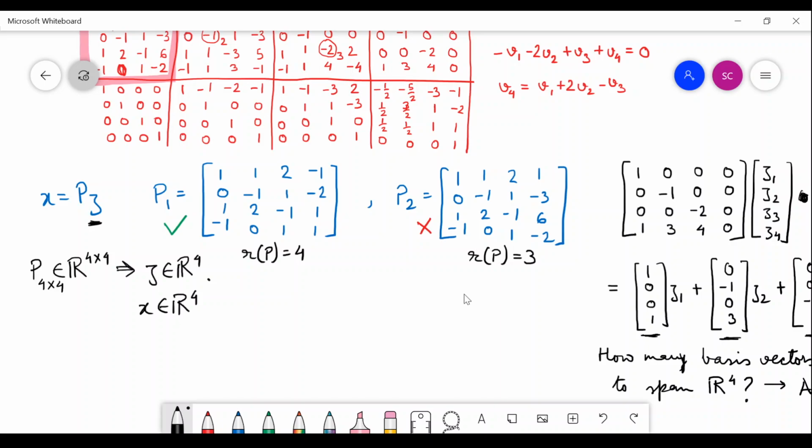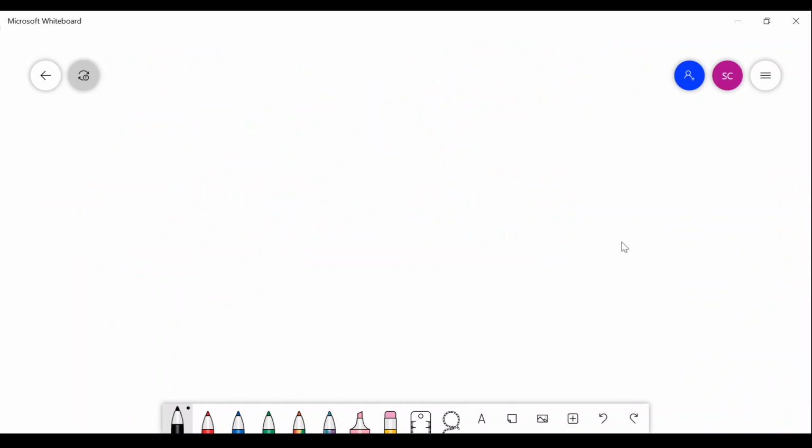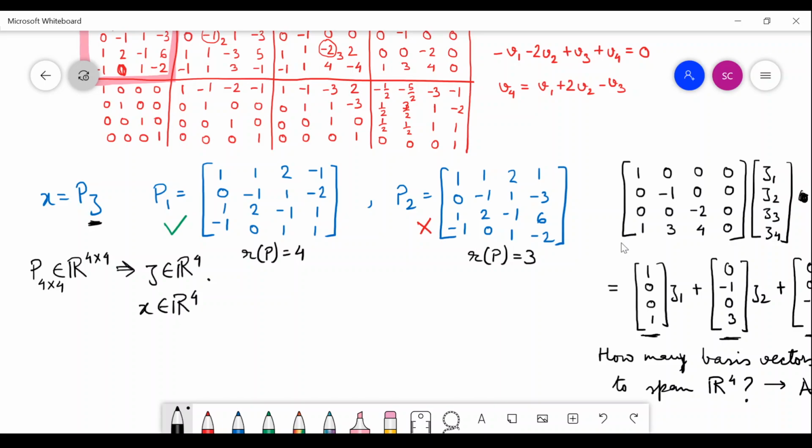The inverse of a matrix is basically the adjoint of a matrix divided by the determinant of the matrix. So the existence depends on the determinant not being equal to 0. If the determinant becomes 0, the inverse does not exist. We say that the matrix is singular or non-invertible. So here one fundamental criterion for a matrix to have its determinant non-zero is that all of its columns must be independent of each other.